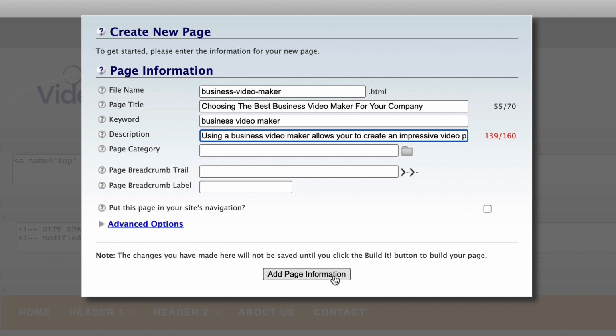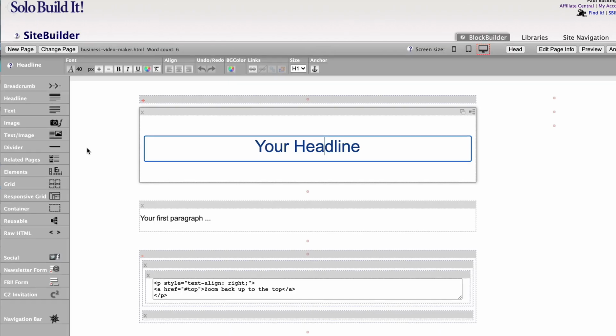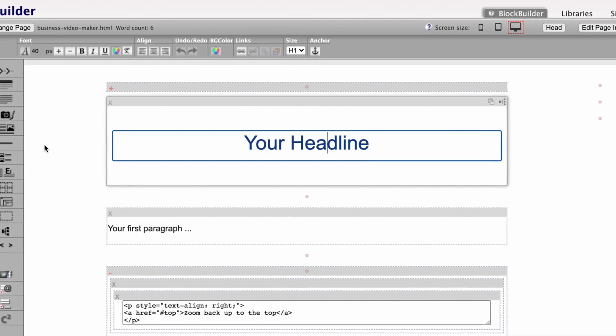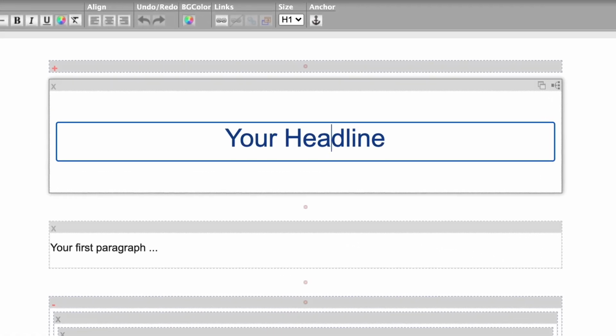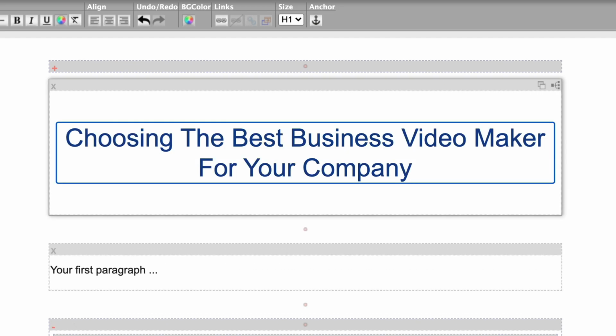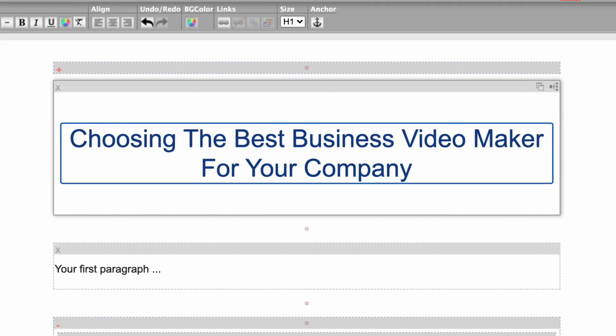There are other steps too, but that's enough for now, and it will certainly get you ready to build your page. So far, I've covered the basic preliminary steps that you will do with your new page. Each step is telling the search engines what the page is about and helping it to be found by people who are searching for your information. Once done, it's time for a headline. This is like the main banner on a newspaper. Remember them? And should include your keyword. Here's my main headline. Done.